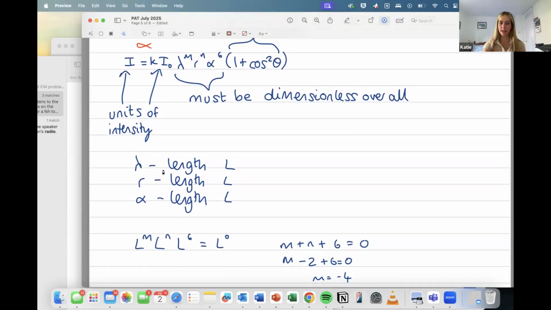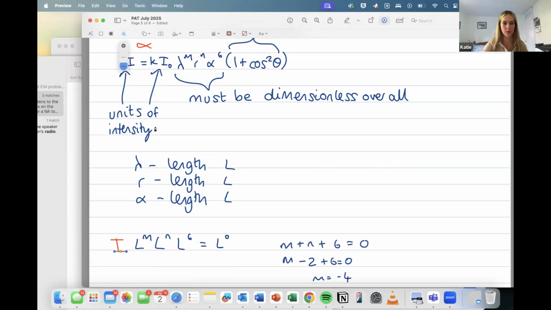You know that wavelength has units of distance, so it doesn't matter what they are, whether it's meters or anything, that's all going to cancel out. The r is the distance, also has units of length, and the alpha is a measure of the radius, so it's also going to be units of length. If I rewrite the I's here, oh, that's not a very good job of it. You can imagine that there are units of intensity on each side.